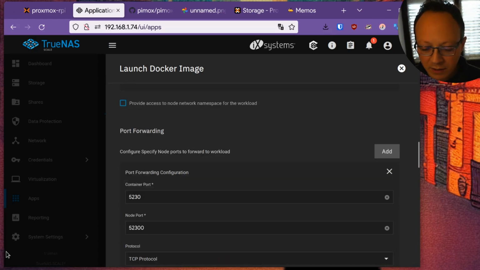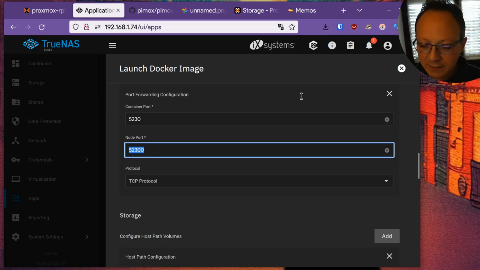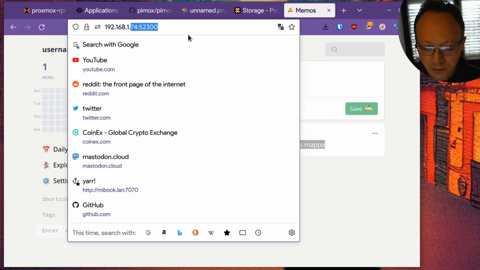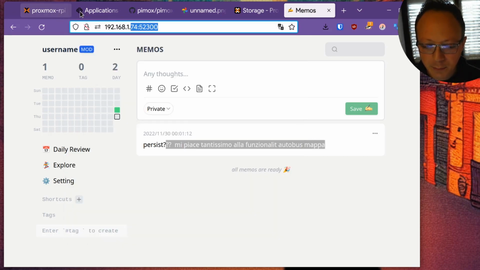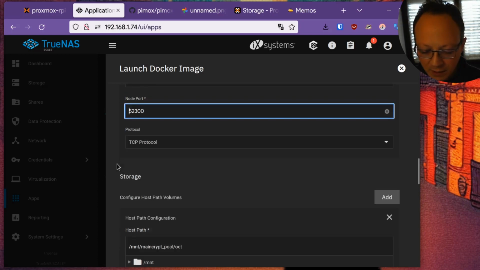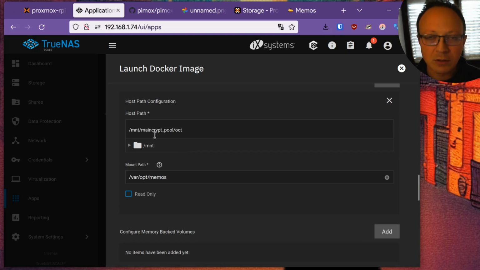So you have port forwarding. As you can see, my application runs on port 52300, and you can see that mapping here. So this is the external port mapping. So you have something like a first-class Docker implementation. And this is also the implementation for the persistence.